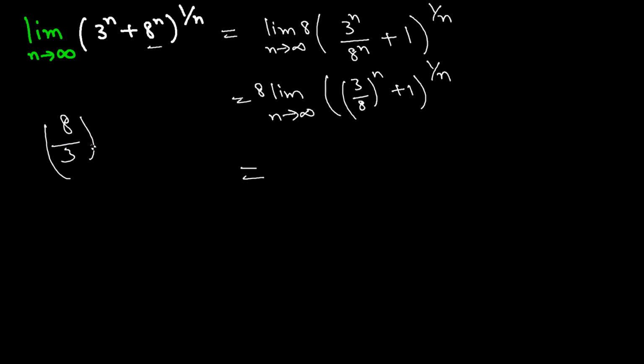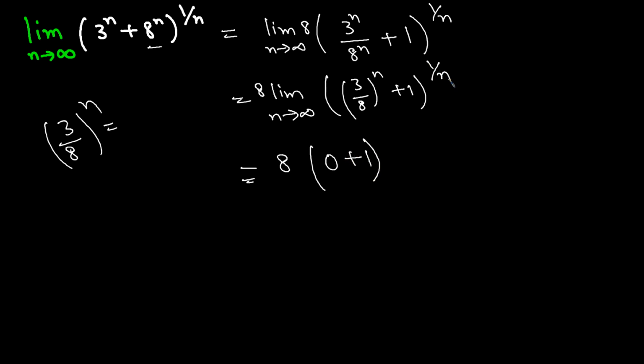But in this case we have 3 over 8 raised to the power n, and as n approaches infinity, this number keeps getting smaller and smaller. So ultimately, this part turns into 0, the 1 stays the same,